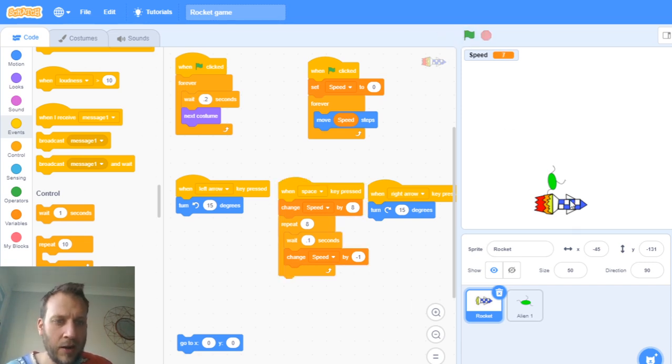Let's try again. Now, immediately I've come into a bit of a problem here. I've clicked go again, and they're already touching. So they're already stopping the game. So I need to actually separate them out so when the game starts, our rocket's in one place and our alien is in another place. So what I'm going to do,